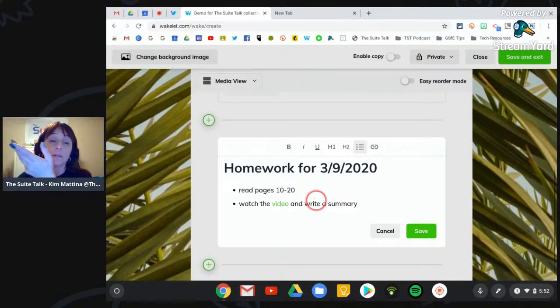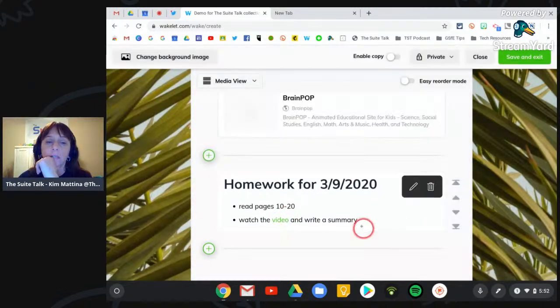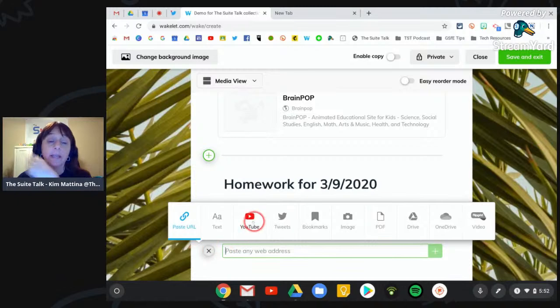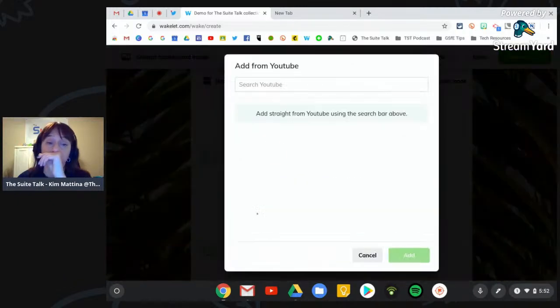And this is nice because this is where you can actually write information in here for your kids or for your peers. You hit save. Now, the next thing that I can do is click the plus sign again, and I can add YouTube videos. So if I wanted to, I can,